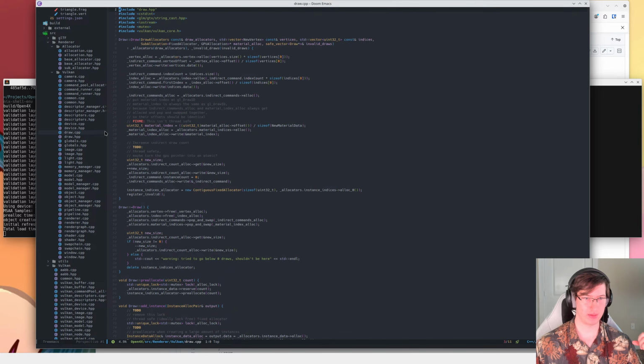And then this is where it all comes together in this draw here. When I'm creating a new draw, which is like one GLTF primitive or some section of vertices and indices and all that, I go to my vertex buffer allocator and I allocate whatever size I need for the vertices. Do the same thing for the indices, and these allocators support reallocating the buffer, so I don't have